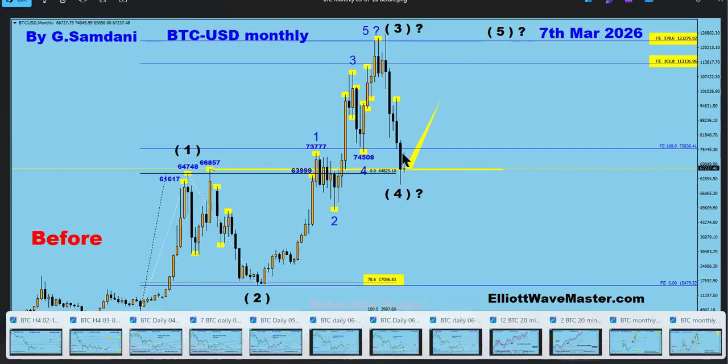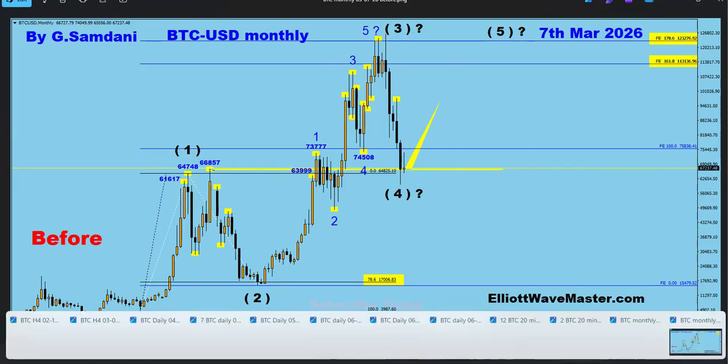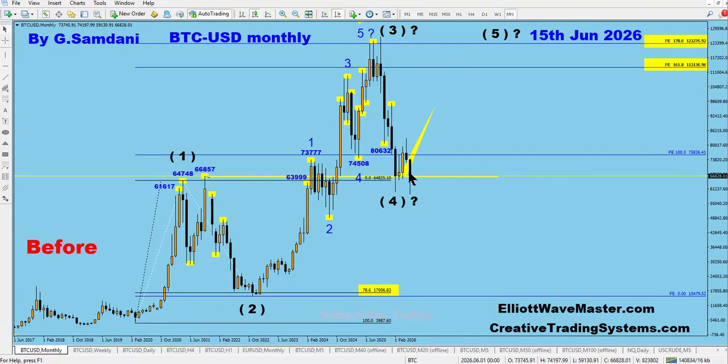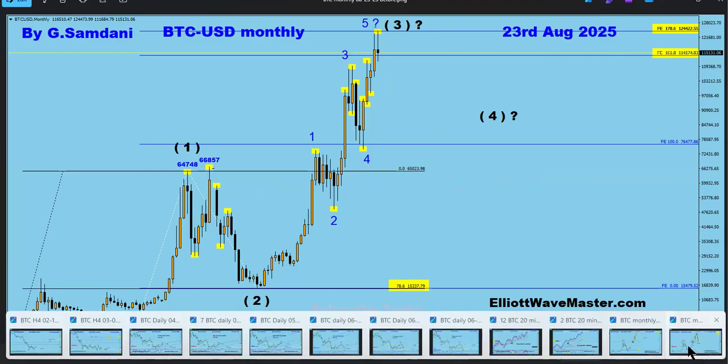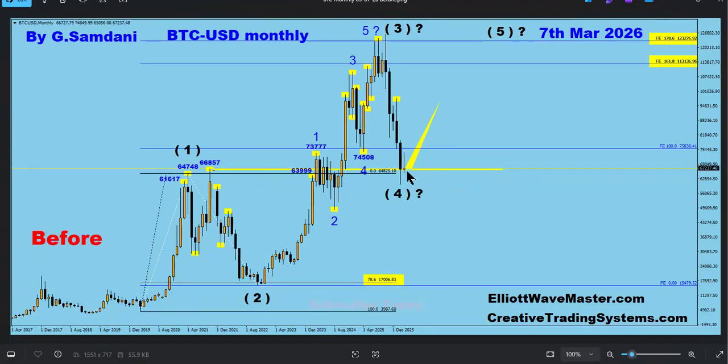We are going to the upside, but probably more towards wave. Let me see the direct, okay, this is how this thing ended up, this monthly chart. So it went up, then it came down again one more time, failed to go down, and now is bouncing back up. From under, it touches this, and we are sitting exactly at the same number as we were in, I think, August 2025. No, not August, sorry. We were in March.